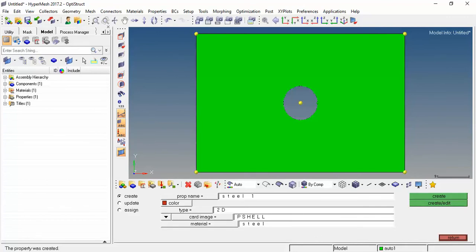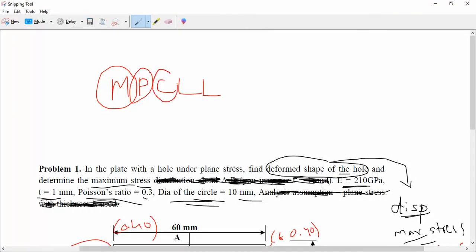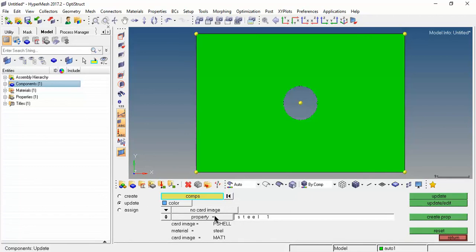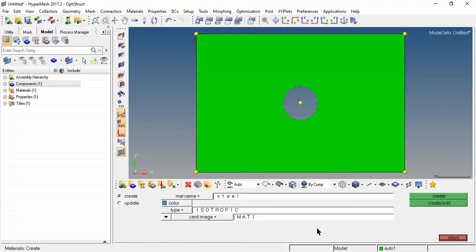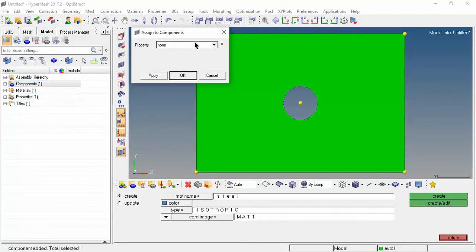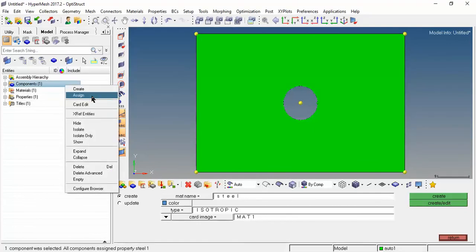So after this, I have to go with the component collector. So what do I have to do now? So already the component is there here. Just click on the component and just select the property, that is steel, and you can assign some color to it. You just give update. Go to return. So you have to check whether it has been assigned or not. How to check? Right click on the components here, left side, just give assign. So now it has not taken, which means select once again the steel, the property, it has been selected steel, you just give OK now. Now it has been assigned to steel.